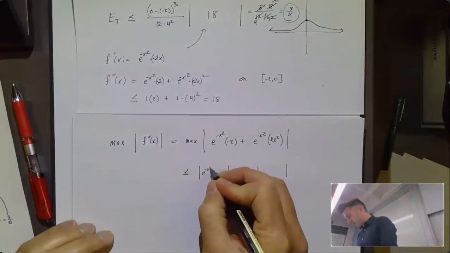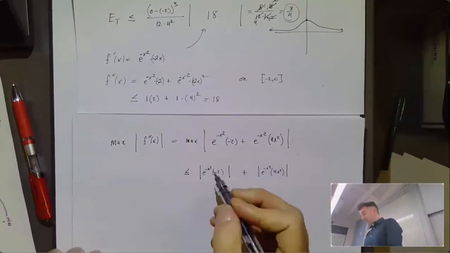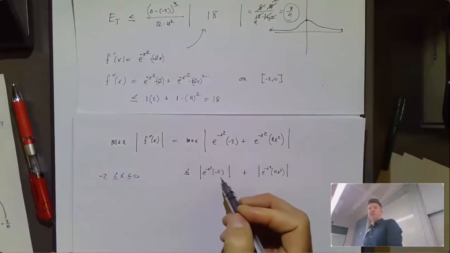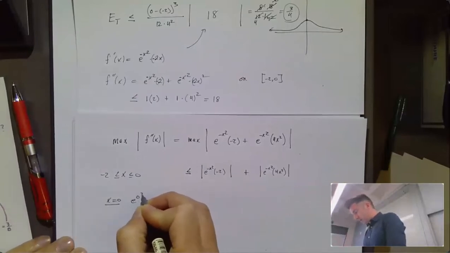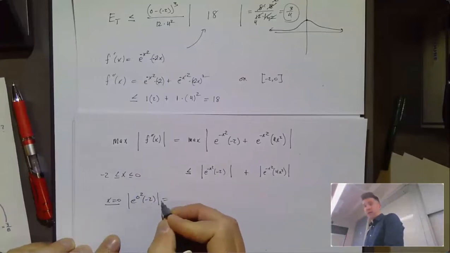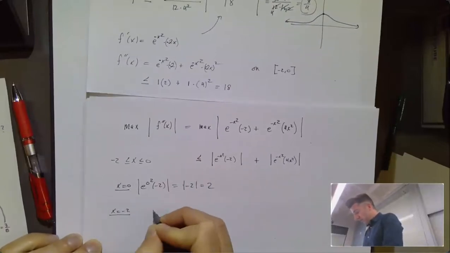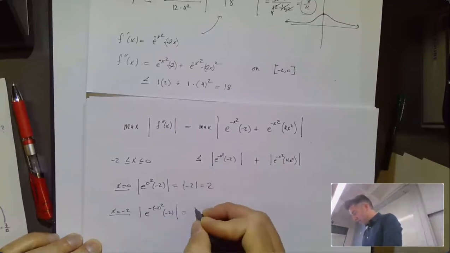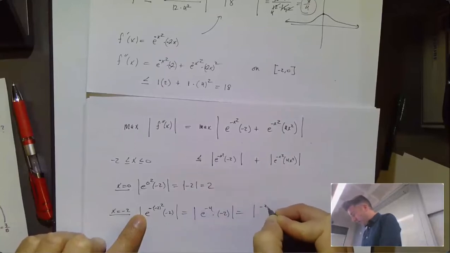So that's what I'm saying. And so then what's the biggest this piece can be? Well, when x is between -2 and 0, the biggest this can be is when x is 0. What would it be if x is equal to -2? So if x equals 0, we're going to get e to the 0 squared times -2, which is e to the 0 times -2, which is 2. If x is -2, then I'm going to get e to the -2 squared times -2, which is e to the -4 times -2, which is the absolute value of -2 over e to the 4th,